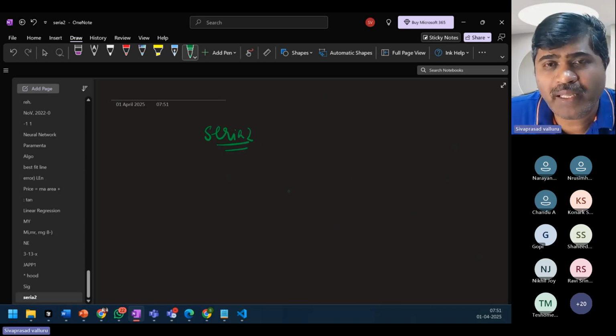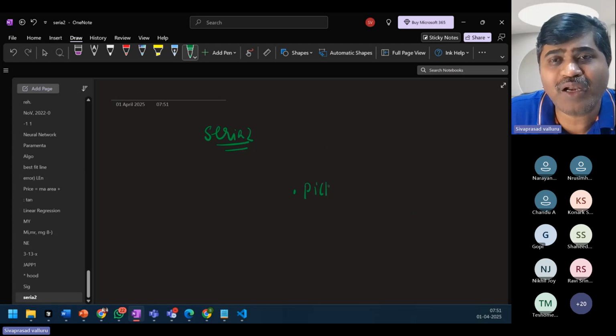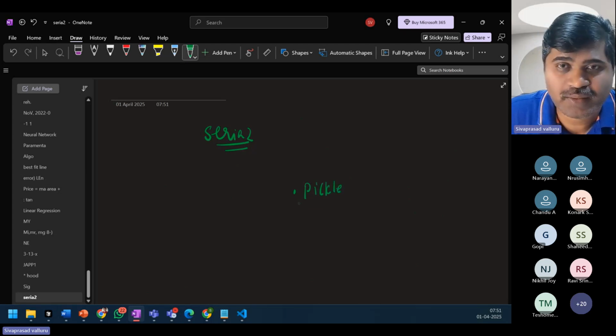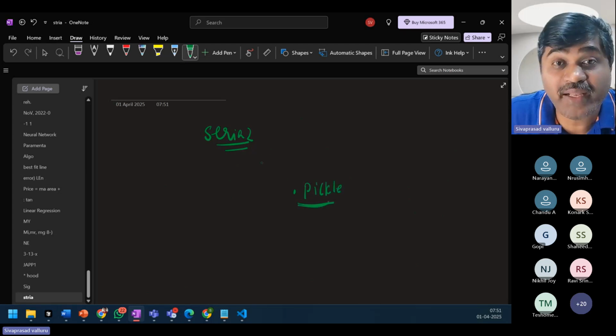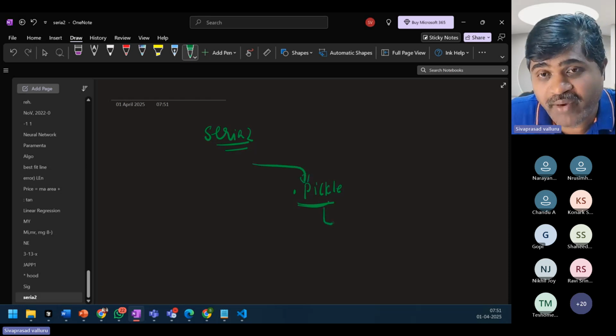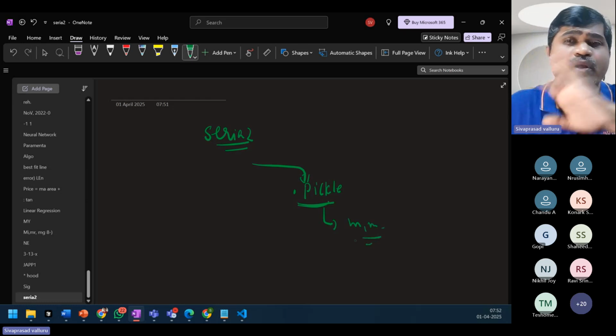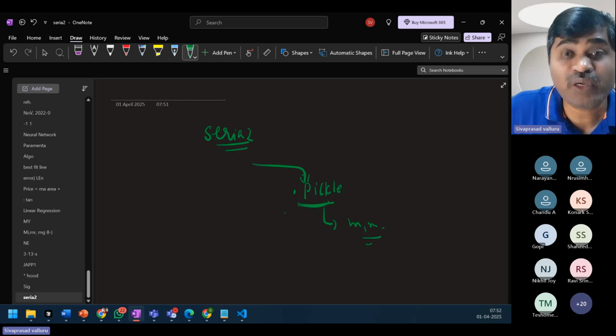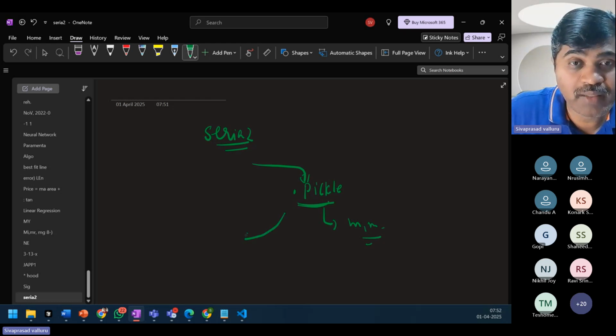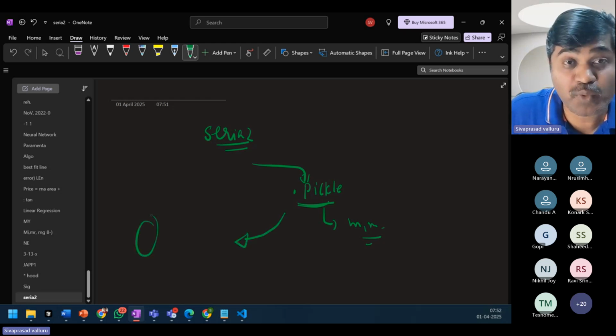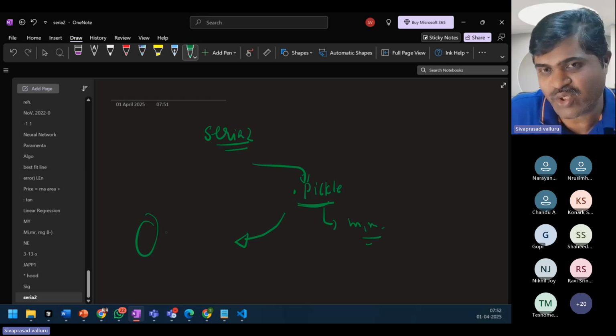Normally in Python, we write a file with .pickle. This is one of the standards. There are a lot of things, right? We can write that object, or serialize that object, to a .pickle file, which will contain the weights. This .pickle file contains all the weights, M1, M2, whatever, in some format which we don't need to understand. What you need to do is load this pickle file and create that object again. This process is called deserialization.